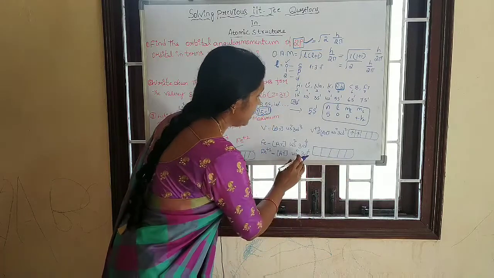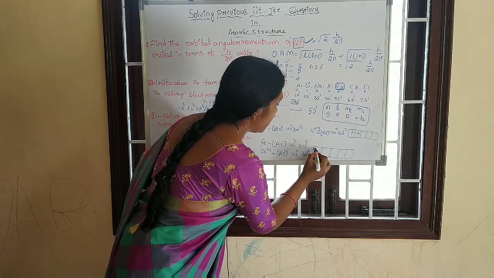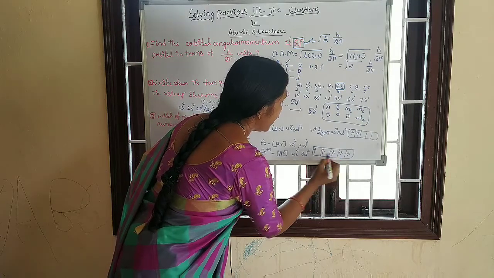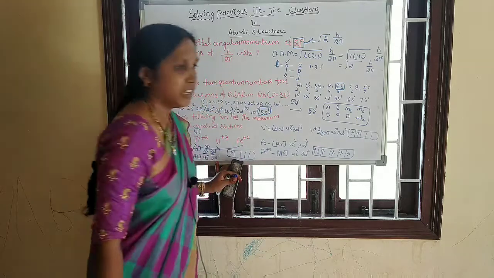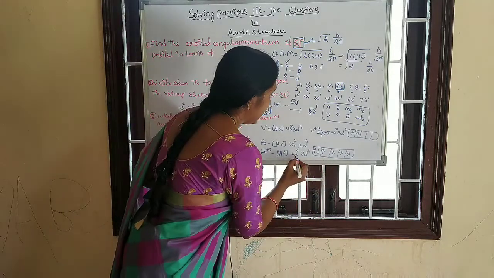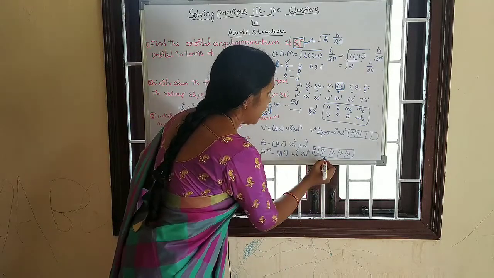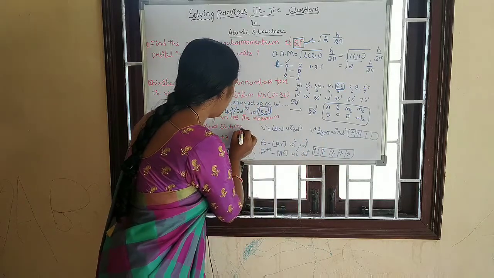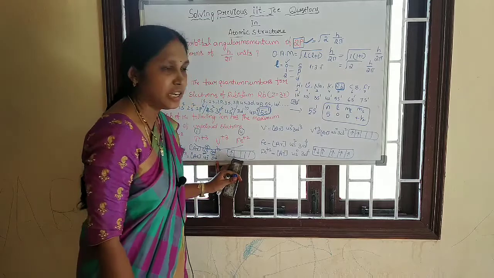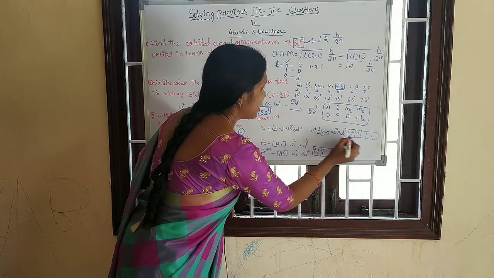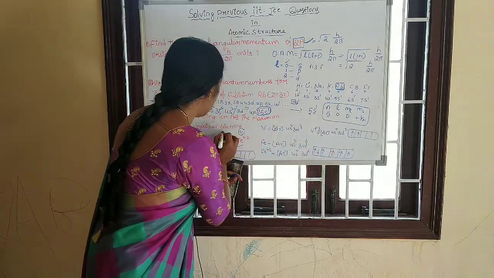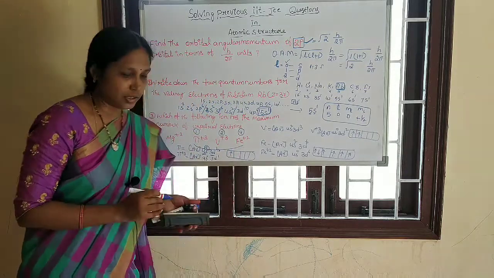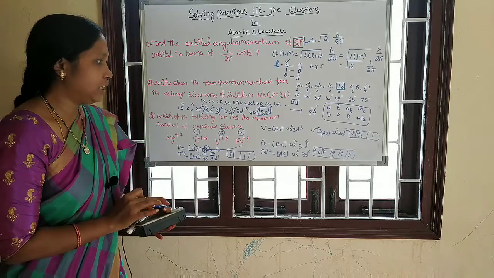5 orbitals. Here d has 6 electrons: 1, 2, 3, 4, 5, 6. Okay. Here the iron Fe plus 2 has 4 unpaired electrons. Ti plus 3 has 2 unpaired electrons. Okay, like that.